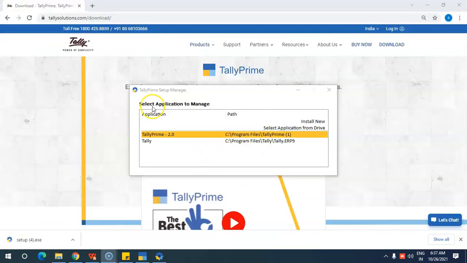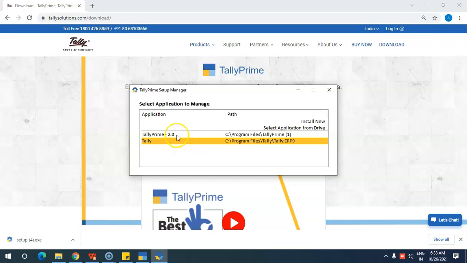Once I give yes, you'll get this short dialog box, Tally Prime Setup Manager. Here you have an option for install new. Here I have already downloaded Tally Prime and also Tally ERP9, so I can just select it and upgrade the Tally Prime.